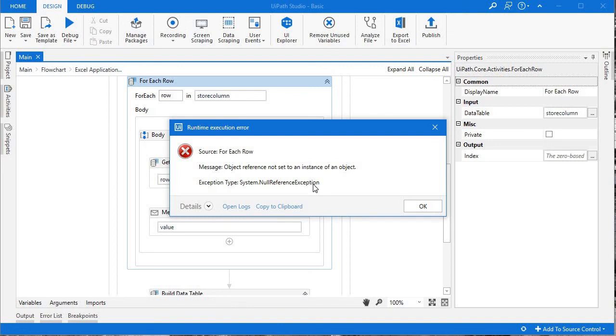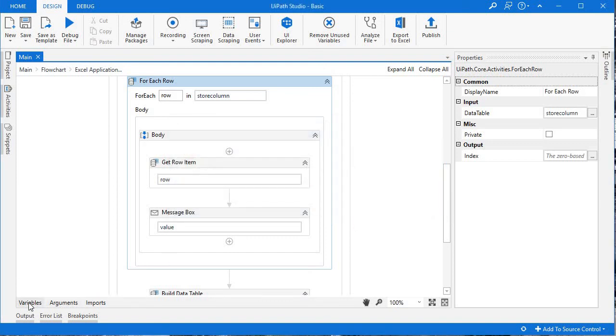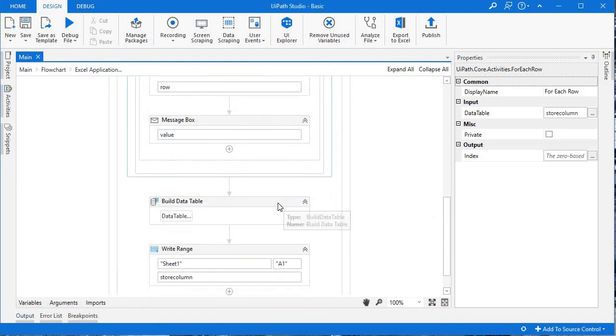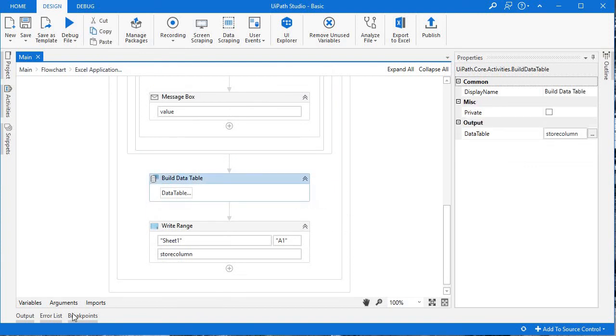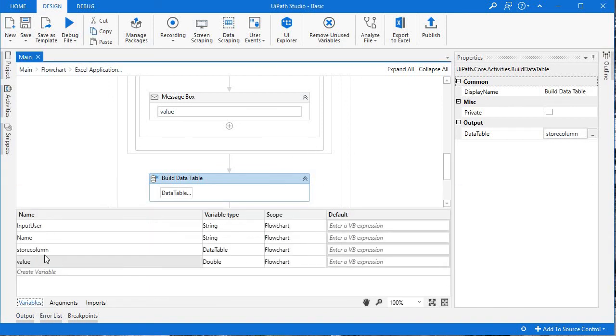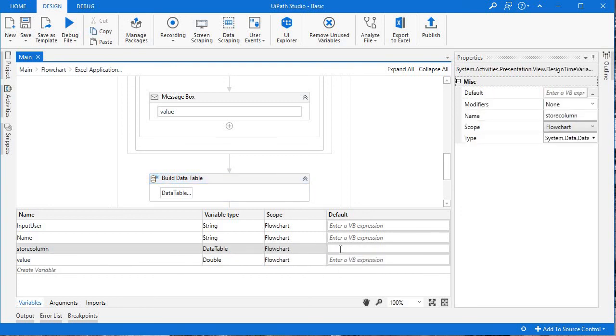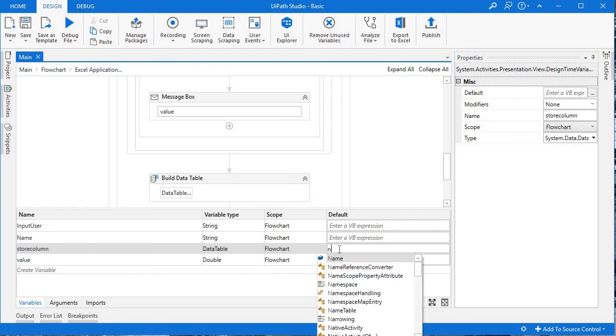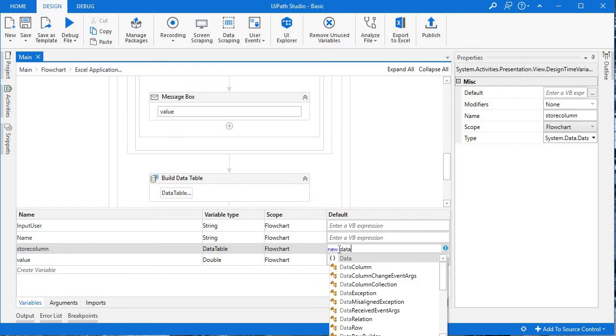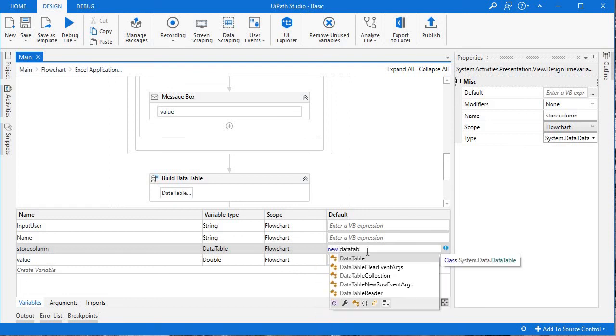This type of exception often comes when you have not initialized any of your values. As I have taken this data table as a variable and initially we need to use it here, I have to initialize it, and I can initialize it from here like new data table.